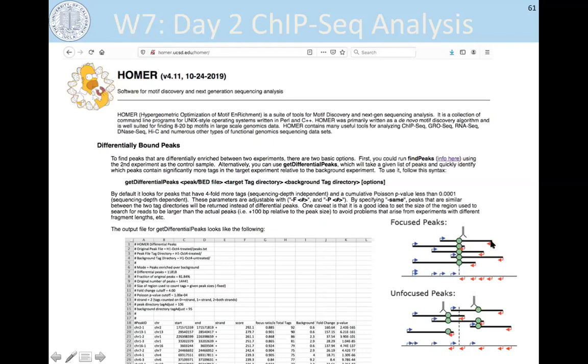And the reads that align to the right side of this peak, the right end of the fragment, should align to the minus strand and should be found to the right of